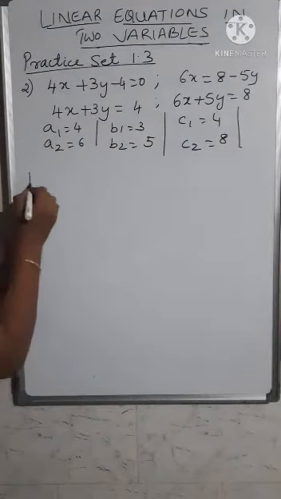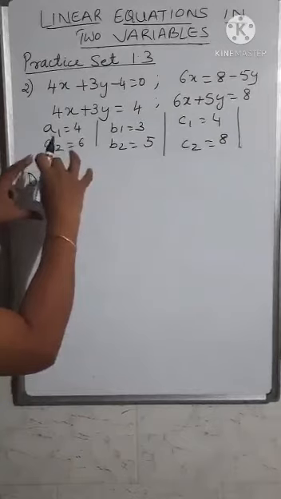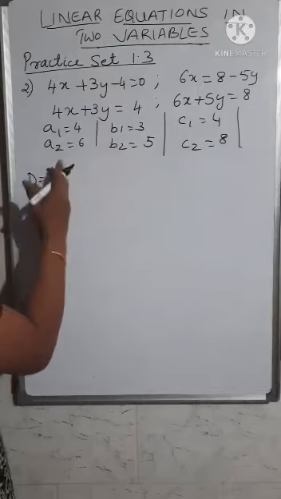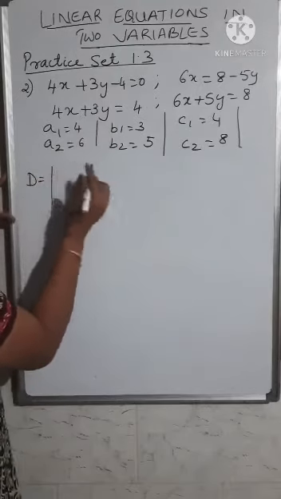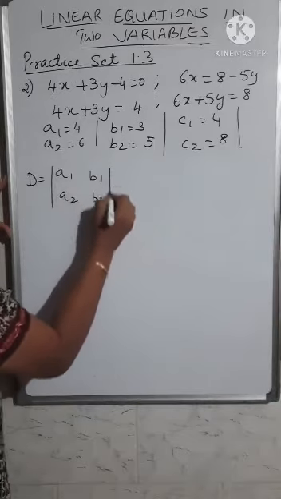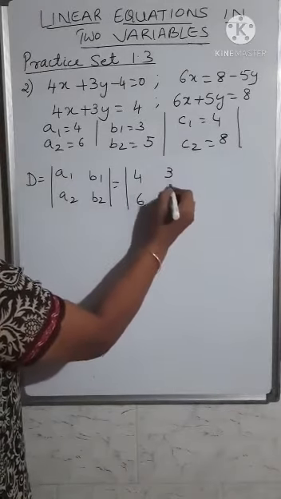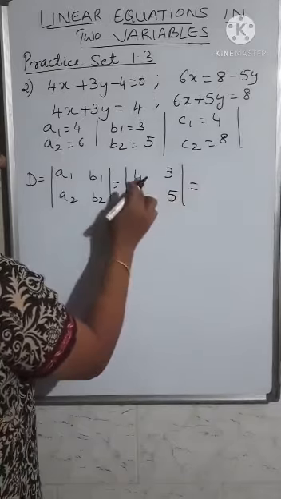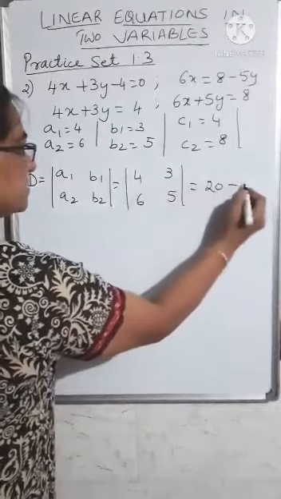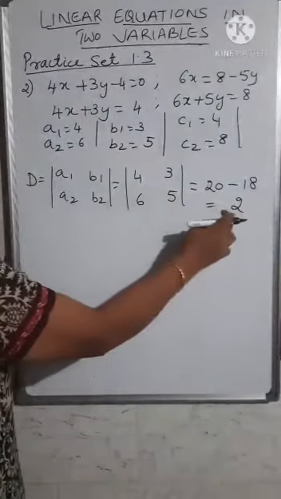The next thing is first finding out the value of D. If you want, you can write a1, a2, b, as in the solution, or for the standard form you can write it. Otherwise directly you can, the first problem I'll do in detail. It is a1, a2, then you have b1, b2. So substitute the values, you get 4, 6, you get 3, 5. So multiplying 4 into 5 is 20 minus 6 3s are 18, which is equal to 2. So you got the value of D is equal to 2.